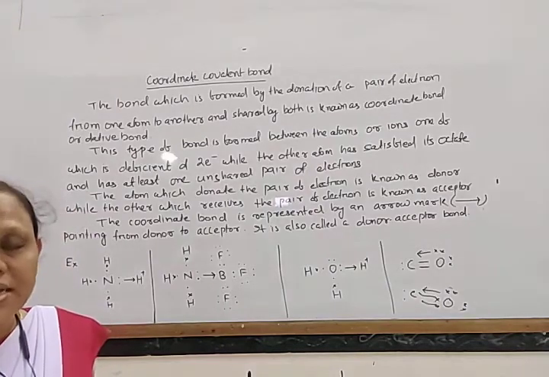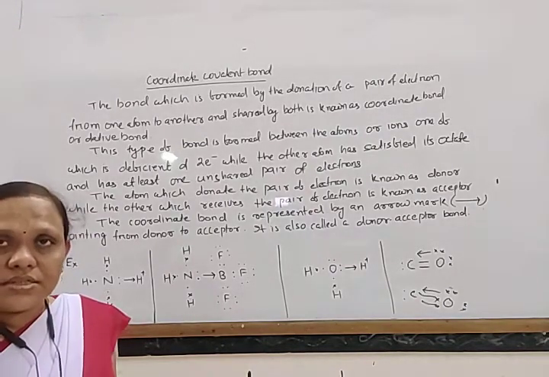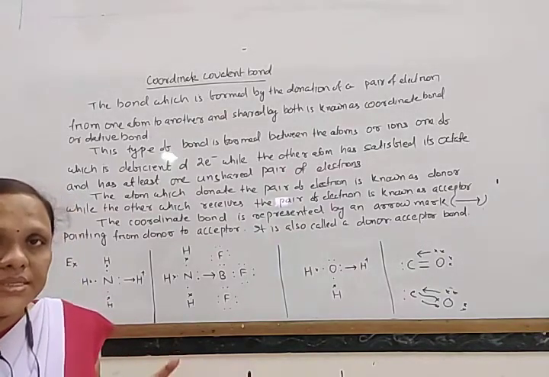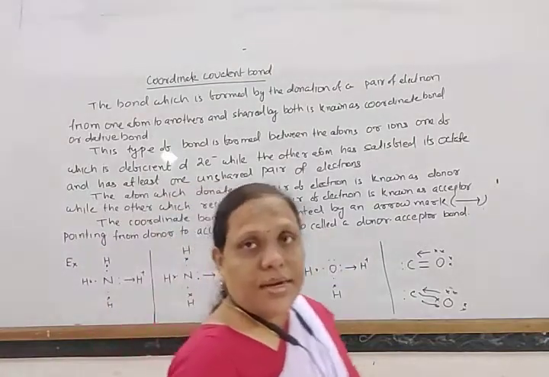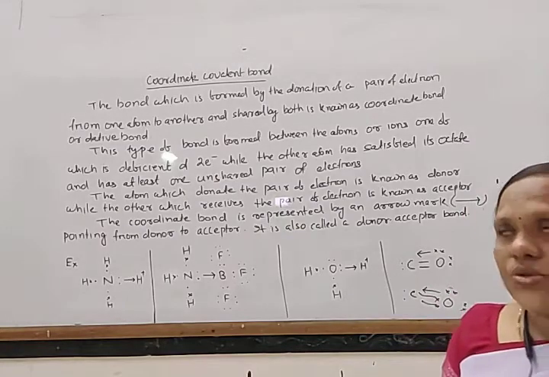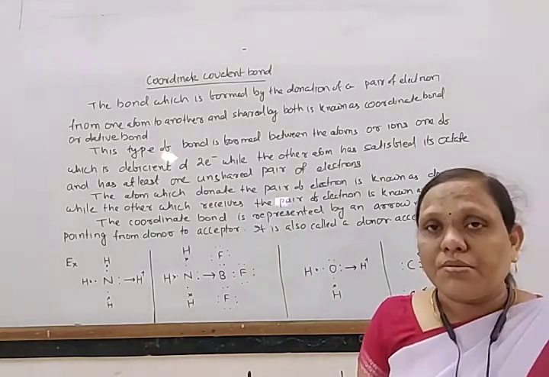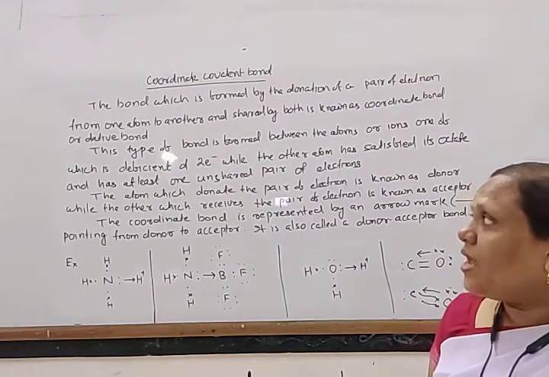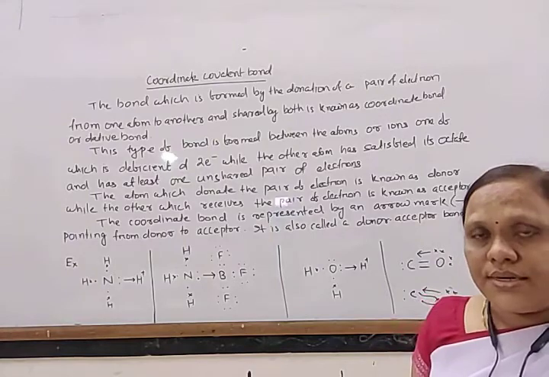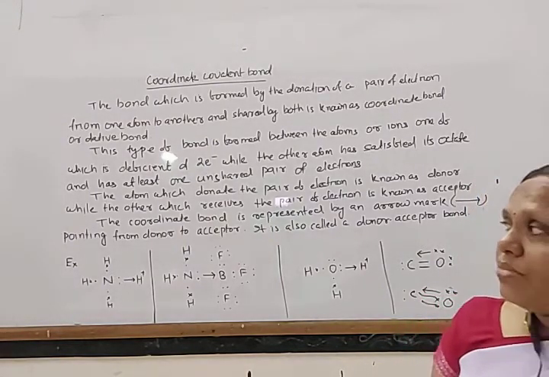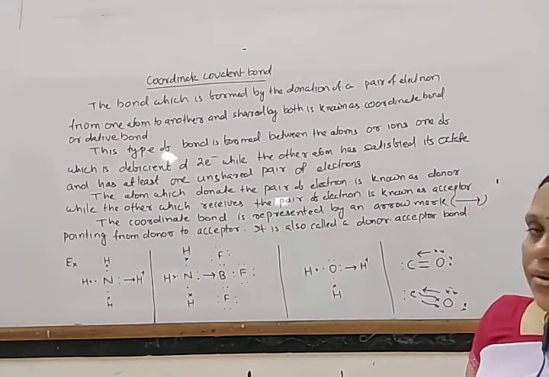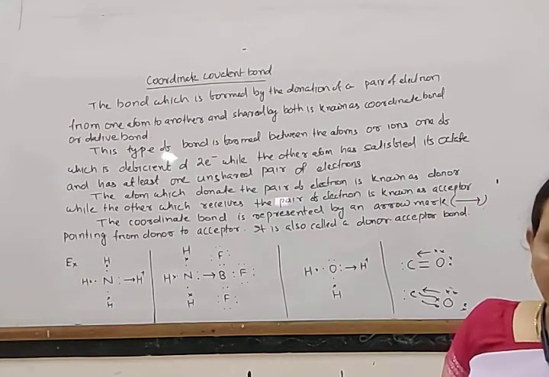Write down these points. Next, come to the characteristics of coordinate compounds. The compounds which generally contain coordinate bonds are known as coordinate compounds, and they are stable compounds. Generally these are helpful in the formation of complexes, and they are semi-polar in nature. Some of them are soluble in water, and the complex compounds are also soluble in water. So first write down these points. Next come to characteristics.